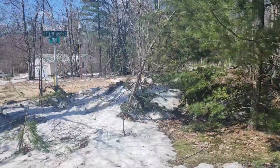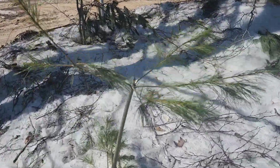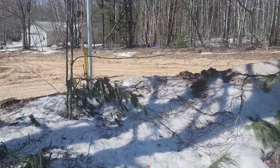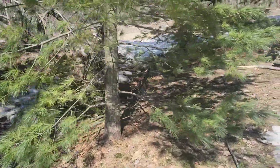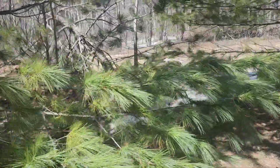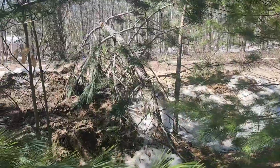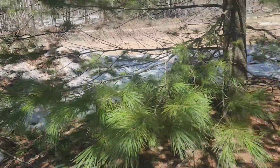Look at this one, the top's off this poor little guy. This one's all bent over. He was up nice and straight. Oh, the little one's in there. But we made out really well here. When we drive around and we see some of the other houses, there's the top off of that one. There's quite a pile of snow here. Snow and dirt from the road. We're on the corner, so